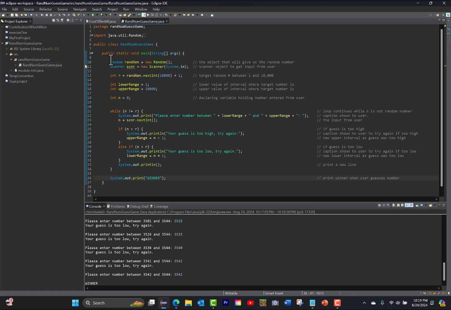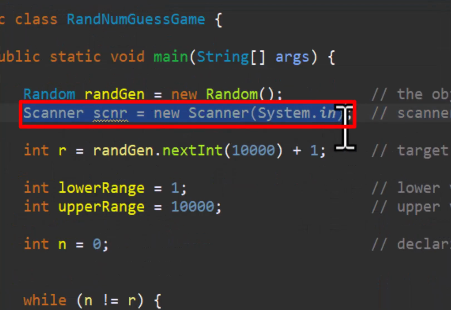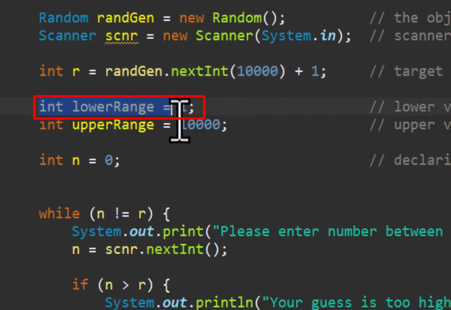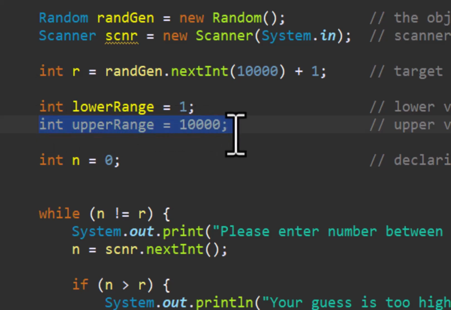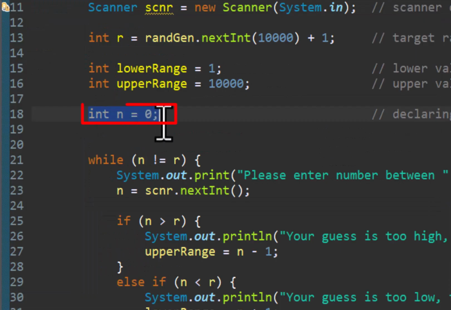In the first part where I define the variables, I am using a random object to get the random number I called randgen, short for random generator. I am also defining a scanner to get the user input guesses. The variable lower range is assigned to 1 and the upper range is assigned to 10,000 to define the initial interval from 1 to 10,000. This interval narrows down after each guess the user inputs. Lastly, n is a variable holding each guess from the user, which starts at 0 as a value outside the